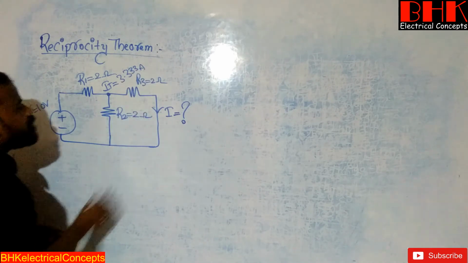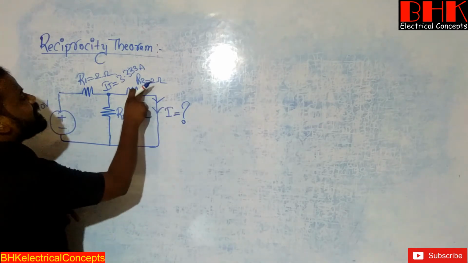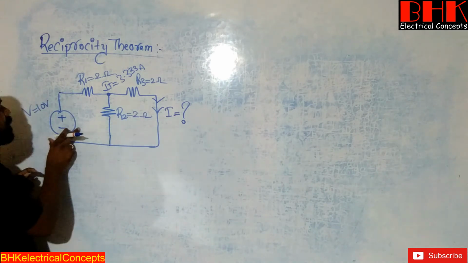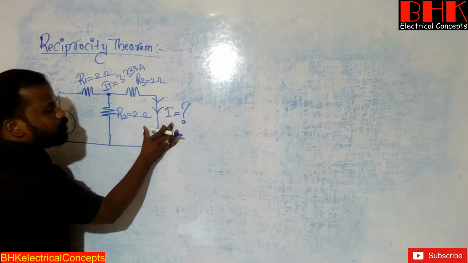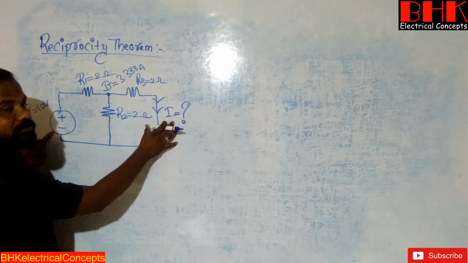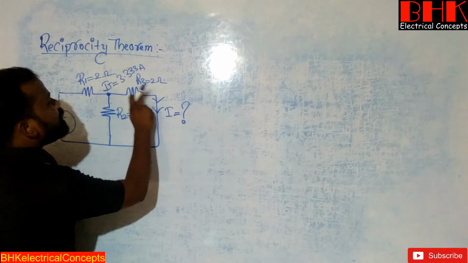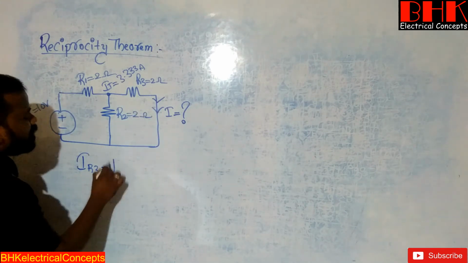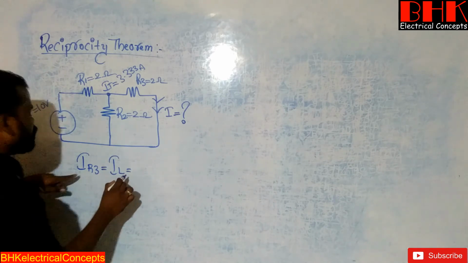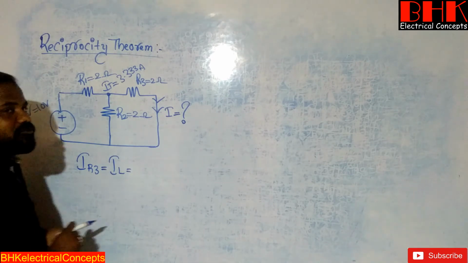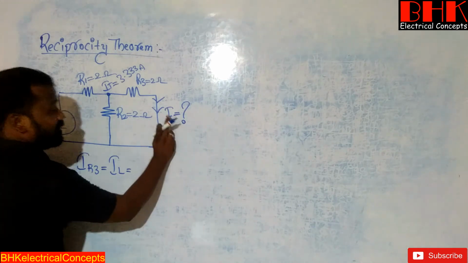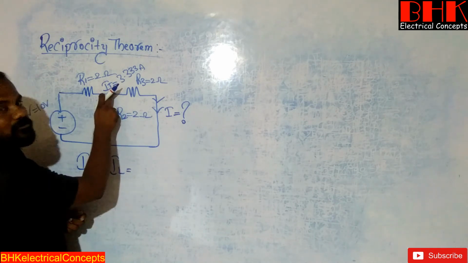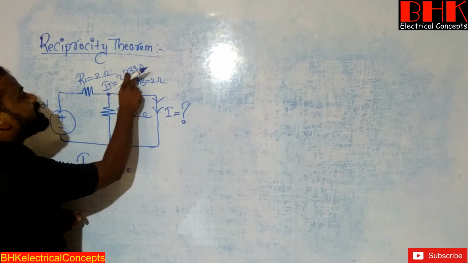3.333 amperes. Now we need to find the current flowing in R3 because this is the output of the circuit. This is the input of the circuit. If you know the value of output, then take the ratio of output to the input. Clear? Now find the value of current flowing in R3. So the current flowing in R3, or we can also call it the load current IL, is equal to, to find this current we need to use the current division rule because this amount of current is divided from the total current IT. IT is equal to 3.333 amperes.